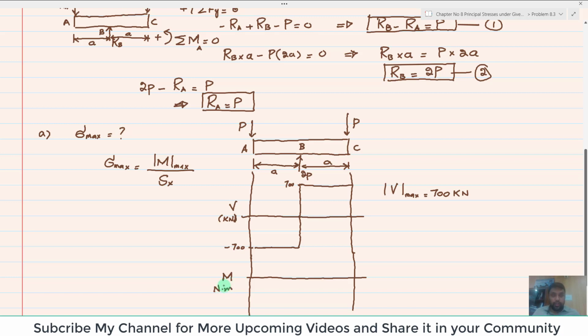Okay, and you know that this was point A, this was point B, and this was point C. So the area under AB in the shear force diagram, this is the shear force diagram for A and B, will give you the bending moment, and you can find the bending moment by multiplying this. Since this is a rectangle, clear, the area of the rectangle is 700 multiplied by A, and this A is also given as